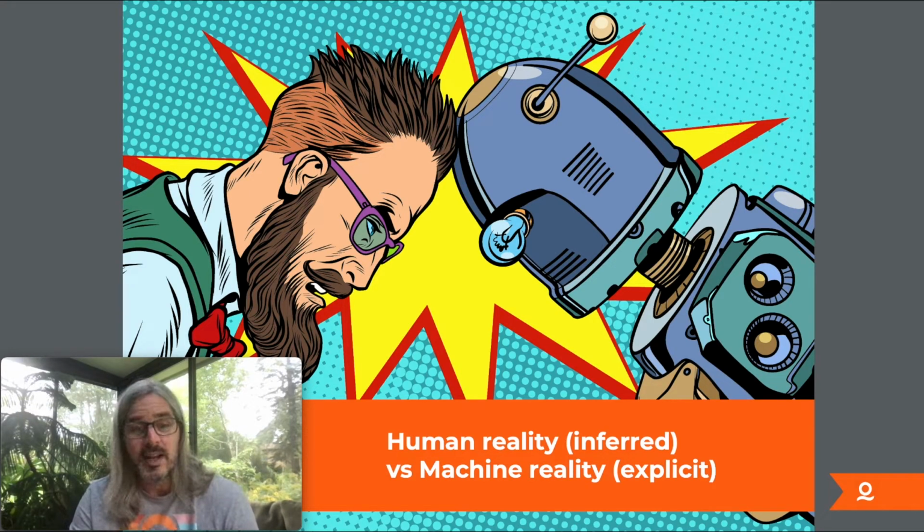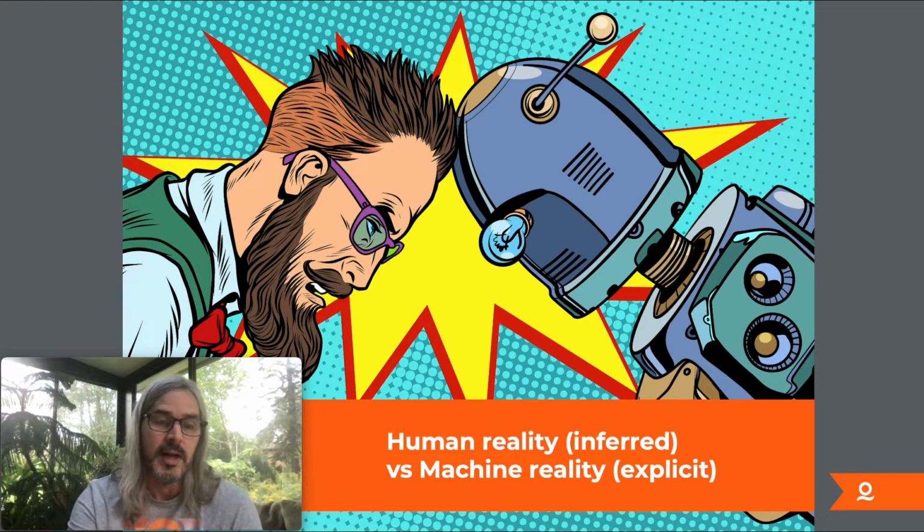Machines, on the other hand, don't have those experiences. Machines are very limited. They're limited to the data that they are processing. So for machines, this reality is an explicit one. It is not inferred. And if we're going to develop a culturally adapted kind of AI, we're going to need to give it lots of culturally rich data so that those explicit references can be portrayed in the actual AI